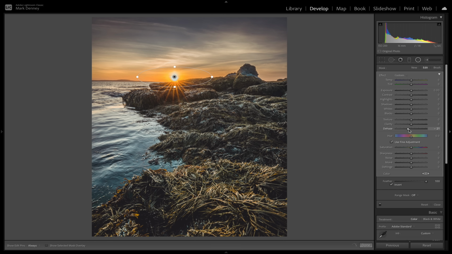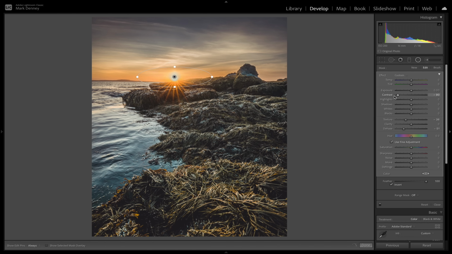And you can actually see what that's doing. That's just kind of softening up a lot of those details through there. And I'm actually going to reduce the texture a little bit because ultimately I want to kind of make the sun glow a little bit more because that's kind of what it looks like in real life. So I want to remove some of that fine detail around the sun and just kind of exaggerate the glowing aspect of it. And now I'm going to come down here to the contrast